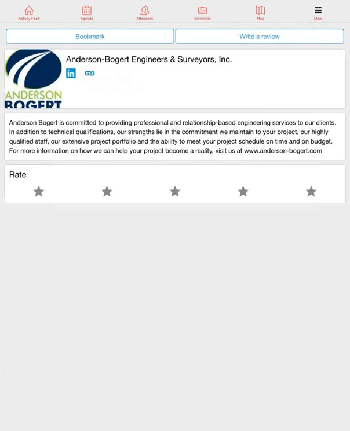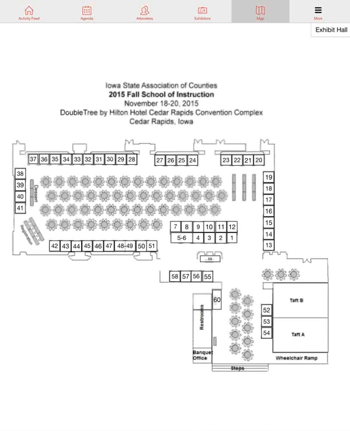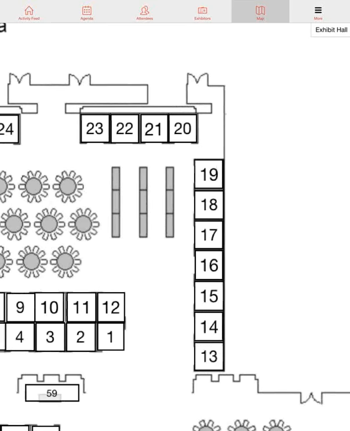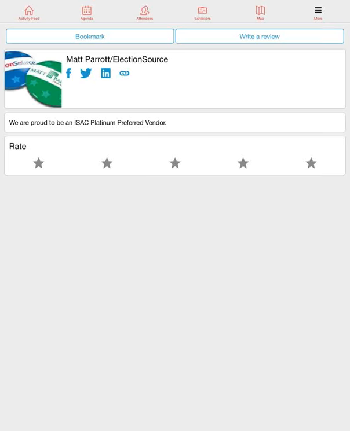Another great way to access the exhibitors is if you click on the map function, which will be next. An exhibitor map will pop up. This exhibitor map is interactive. I just zoomed in a little bit, and if you click on the exhibit booths, across the bottom you'll see it pop up whose exhibit booth that is. If you click on that exhibitor, it'll pop up their exhibitor information as well. So that's another quick way to find them based on a map as opposed to just a listing, I suppose.